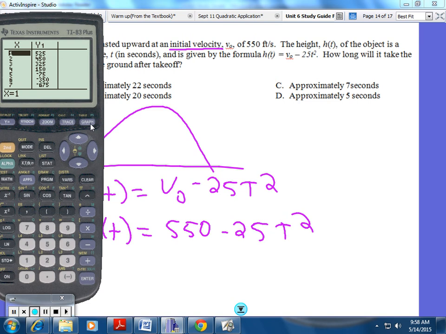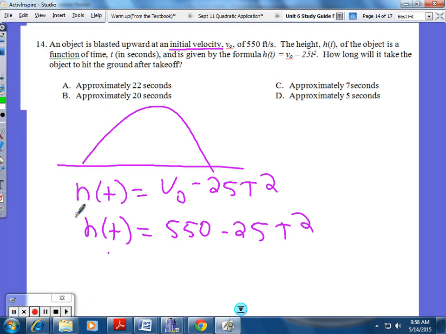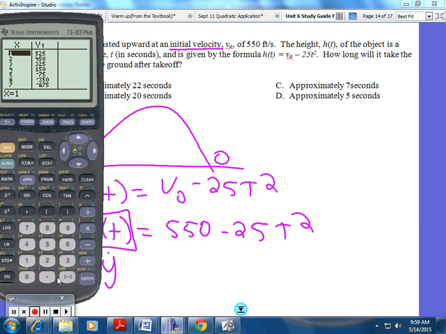Okay. Now, this stands for height. This stands for the height. This also stands for y, because y is the height, always. So, you go look on your calculator, and you're looking for when something hits the ground. When something hits the ground, what's the height? It's going to be 0, always. When it first starts on the ground, the height is 0. Goes up into the air, however high it's going to go. It comes down, and once it hits the ground, it's also 0. The height is 0. So you're going to find